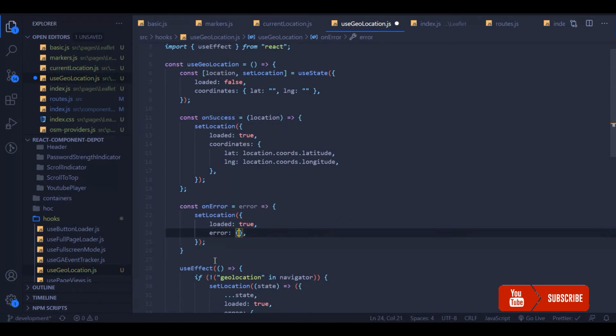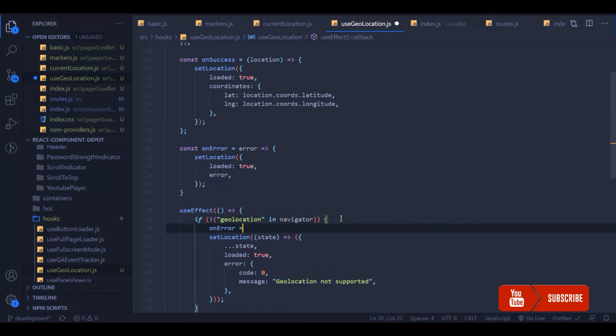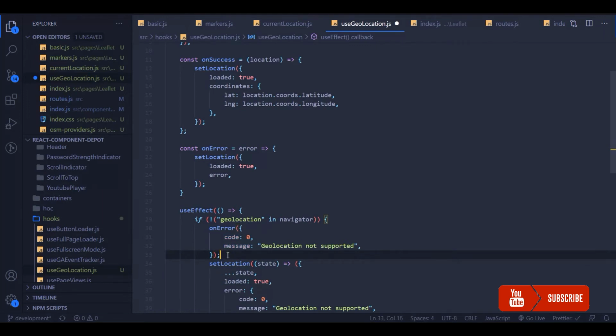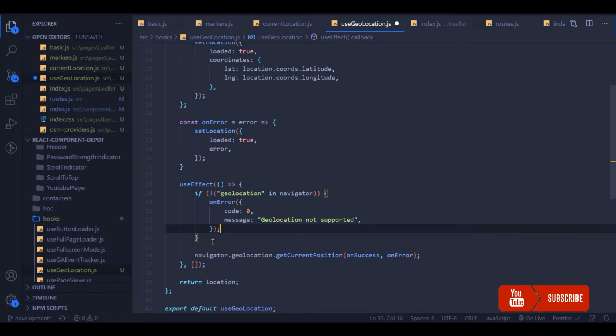In my application, I will check whether it has the error attribute. If it has the error attribute, then there was some error. So here, instead of setting the location, I can call this error callback from this function itself and pass this error object. I can delete this. This makes our code a little neater.